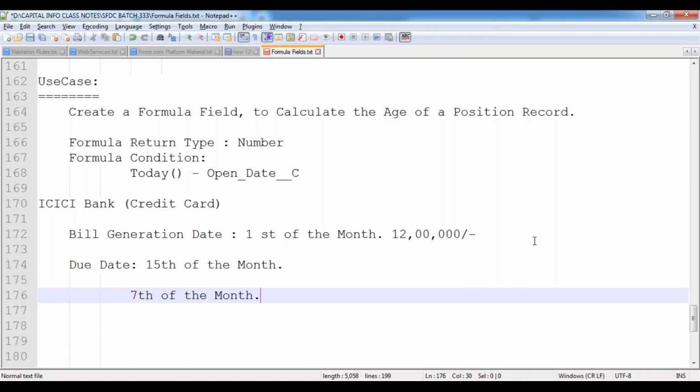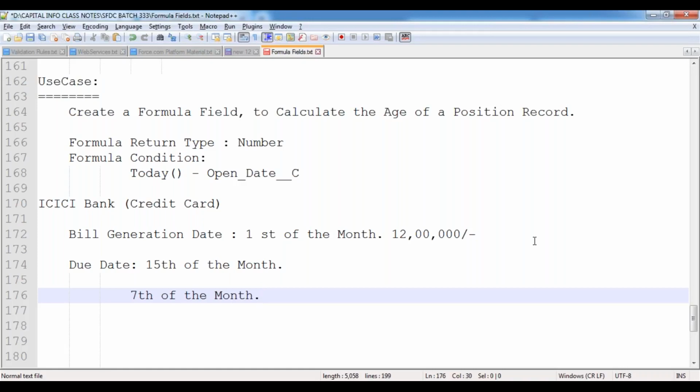So they keep on notifying you. As an organization, they're not only sending the credit card bill to you, it is the responsibility of the organization to always be in touch with the customer. So they keep on informing you by sending SMS notifications and email notifications: "Dear customer, you are reaching your credit card bill due date, so please pay that credit card bill in order to avoid the interest charges. If you already paid, please ignore this message." This is the kind of message you receive every day. It's not new; you are already aware of this.